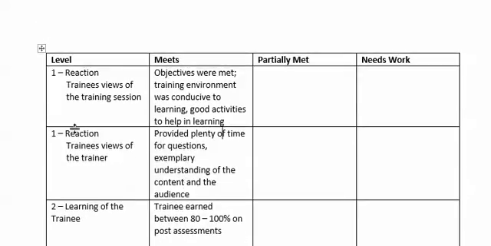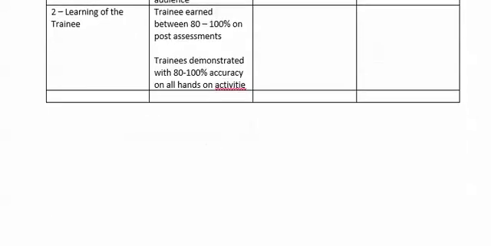So if your program goal is something like this, the organization will increase production by 25% by March 2019,